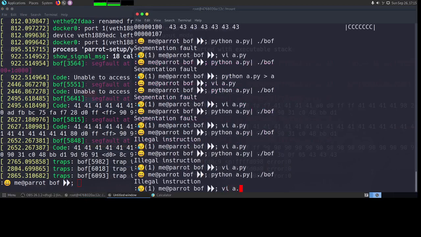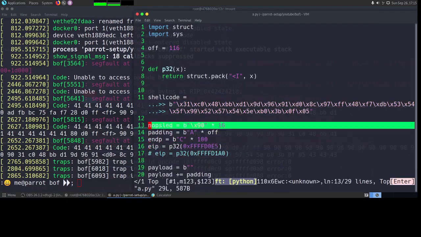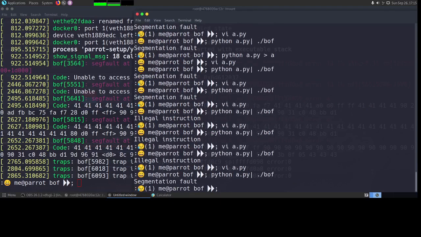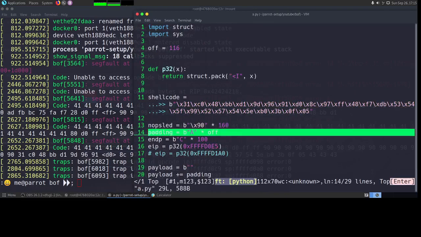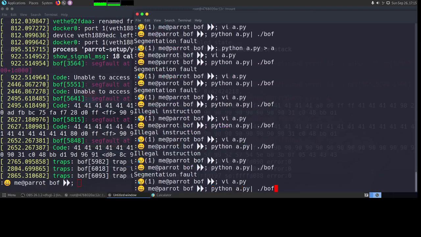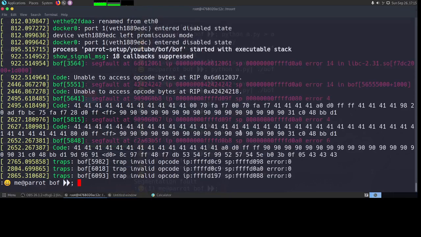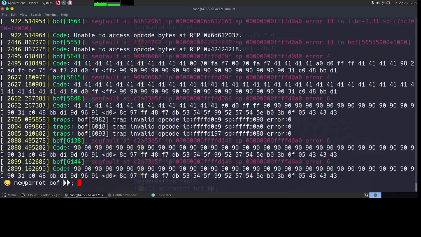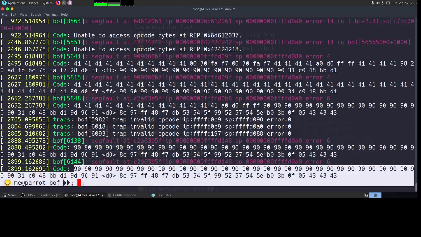Okay, let's make our NOP slide a little bigger. And then we can go back to this being C3 or the earlier value. Okay, now we are back to this. Okay, now we are jumping into the NOP slide.